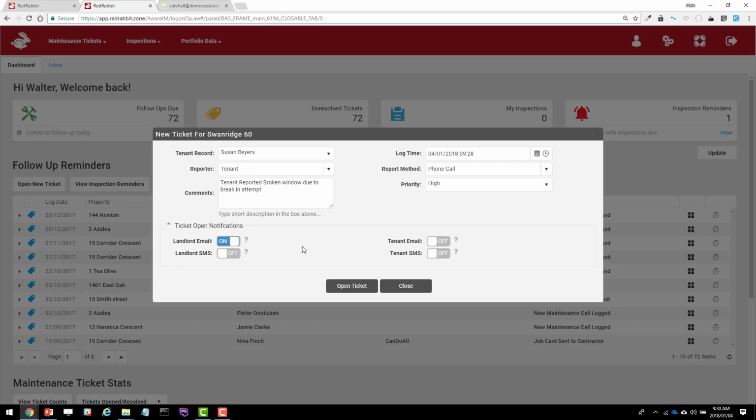In this case, I want the landlord and the tenant to receive both an email and an SMS to inform them that a new ticket has in fact been opened and this is the reference number. And maybe you can include in that default body text what they can expect in terms of the maintenance process. You can 100% customize the default body text that goes out with these auto emails, and I will show you how to do that in the video on saved replies. Alright, so now I click Open Ticket,